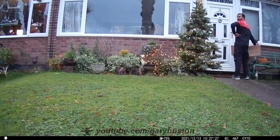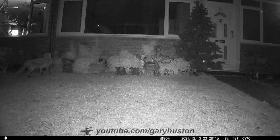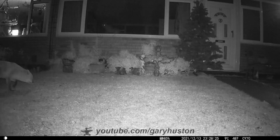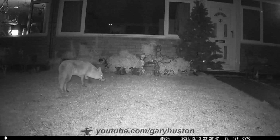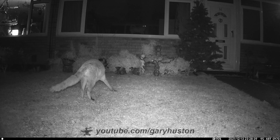Catches the delivery men, so it's good for security. More delivery men, that's Posty. This is Ralph having a confrontation with a fox. Oh, if I let him out, he'd run a mile. He's a right weed, is my Ralph, but look at that tail wagging. The fox is saying, yeah, but you're behind glass. I want the grub. And that still is...